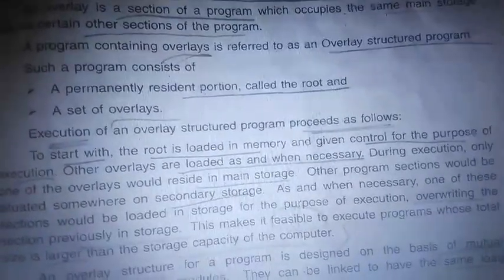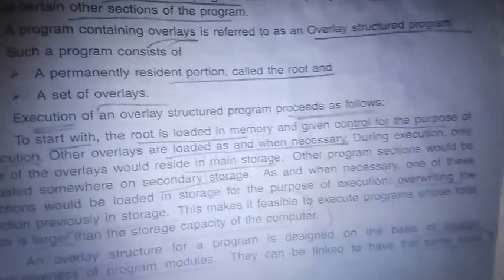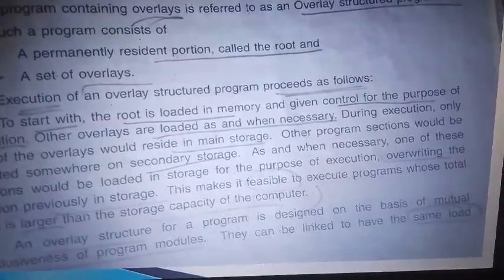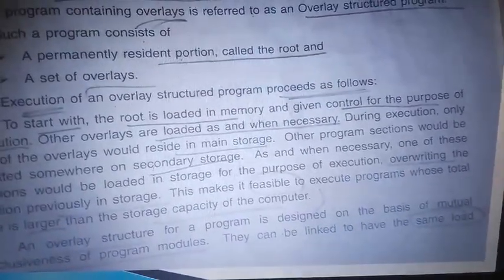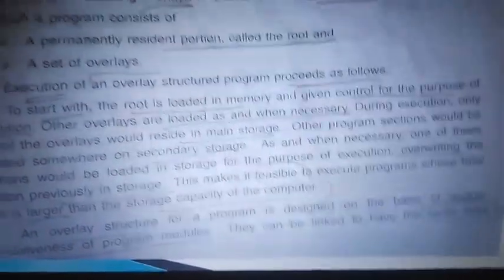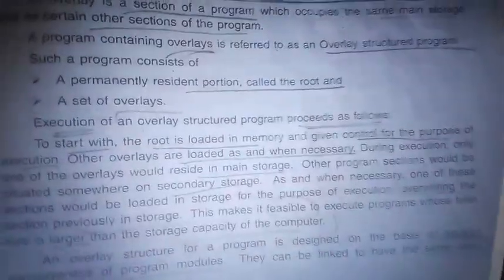We will have a very small area where first the main program is loaded. After execution of the main, if a calling function is there, then the called function is overwritten in the same location. After execution, it will leave the control back. Again, if there is any call or return function, again it is overlay. Instead of using huge memory, we just use a small memory to run a program. Clear? So we have an example.